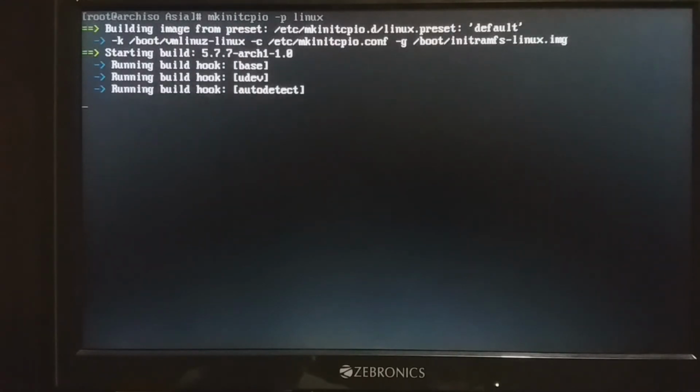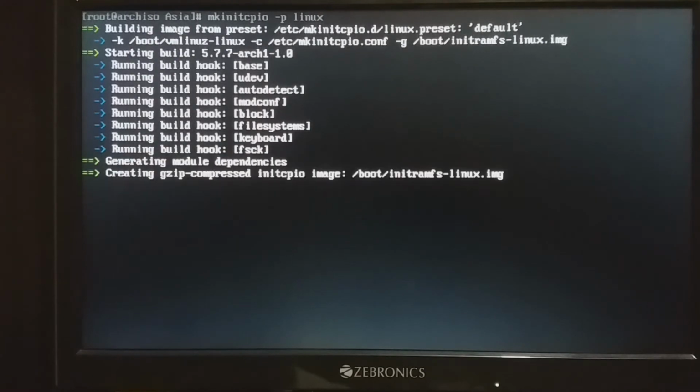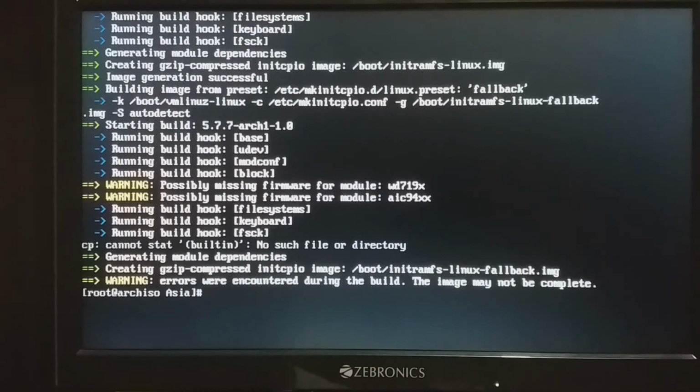So we're going to type in mkinitcpio -p linux. Now I downloaded the latest Linux kernel, so I'm just going to type linux. If you downloaded the LTS kernel, you want to type in linux-lts and then hit enter. So this generates the init file. Alright, so the init file is generated, but like I said, in the 2020 version it was already generated at the time of pacstrap. So for 2020 users, you don't need to do this necessarily, but there's no harm in